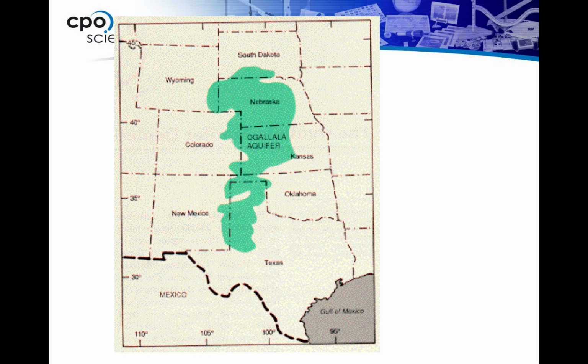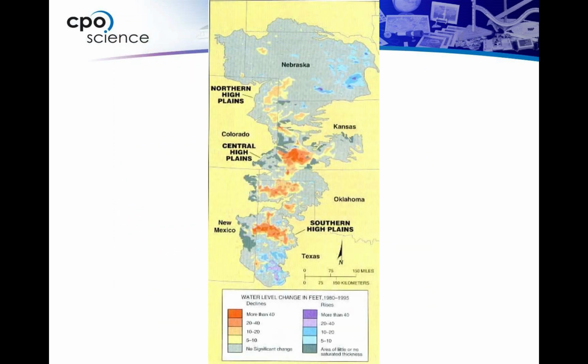Probably the most famous aquifer in our country is found where you see on the map here. So in the central part of the country, it is called the Ogallala Aquifer. And you'll also notice right along that belt, lots of agriculture in those areas in Nebraska, Kansas, northern Texas, Oklahoma. So the Ogallala Aquifer is very famous for farming, but it's also famous for the fact that we are currently taking water out of it at a rate faster than it can be replenished by nature.